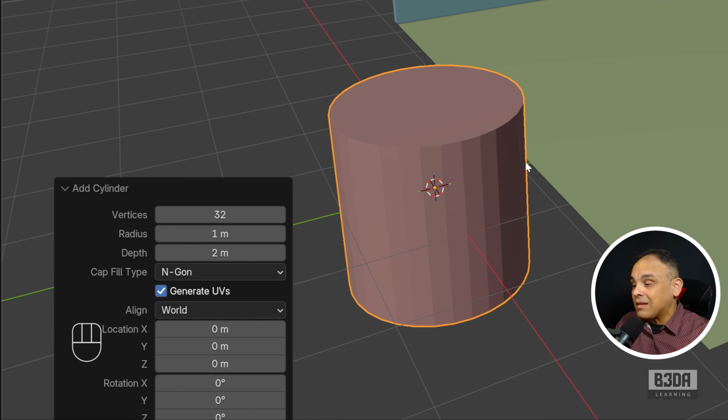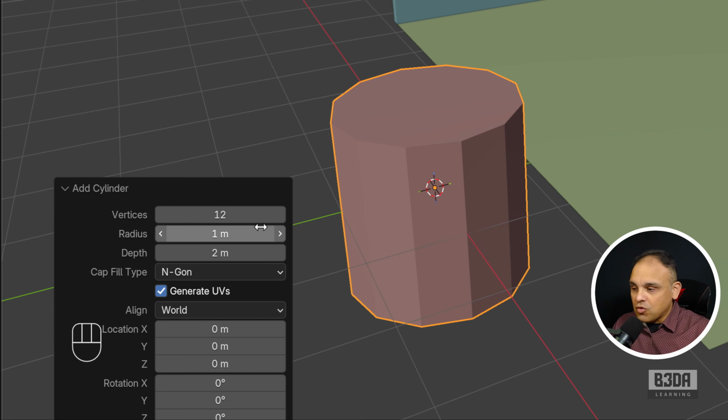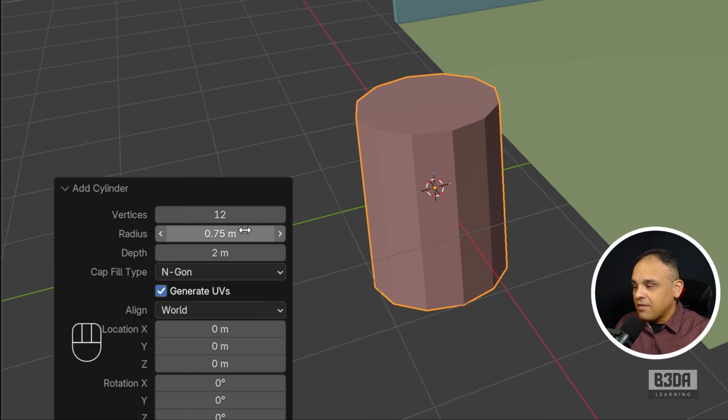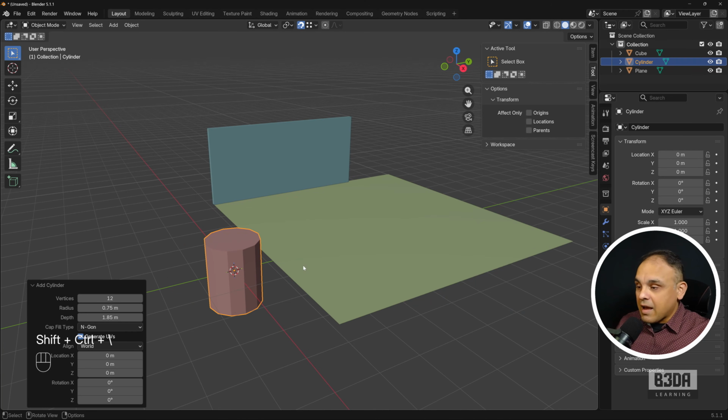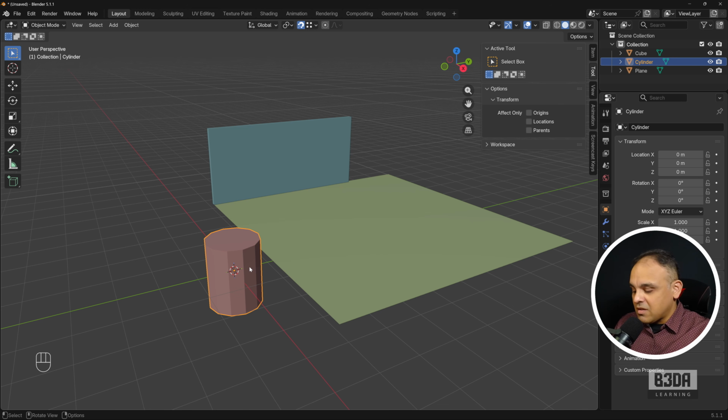And let me show you what that means by making some changes here to this cylinder. For instance, it will start with 32 sides. Let's change this to 12. The radius will be 0.75, and the height here will be 1.85. So we made some changes to the cylinder. Great, fine, it's working. Now I will move this cylinder